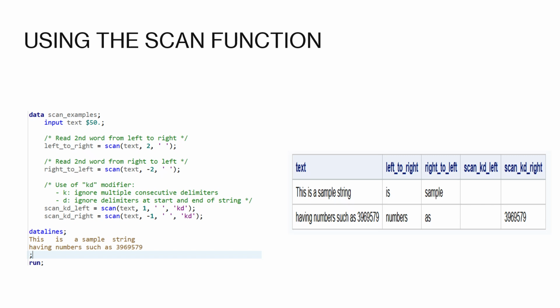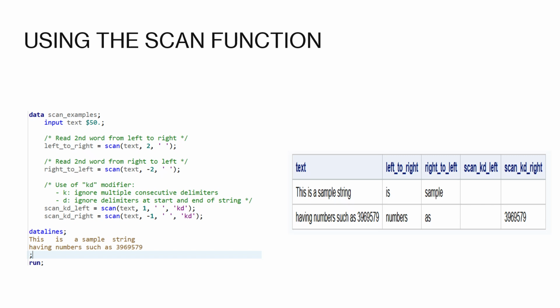The string which SAS will read is the numeric number here, which is 3969579, then the space and then S. And since we want to extract the first occurrence of this string, and if that string is digits, we are keeping those digits. So that is the reason that for the second value of the text column, when we are reading from right to left and keeping only the digits, the scan_kd_right variable is populated with the